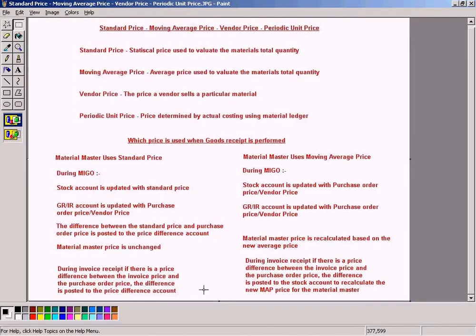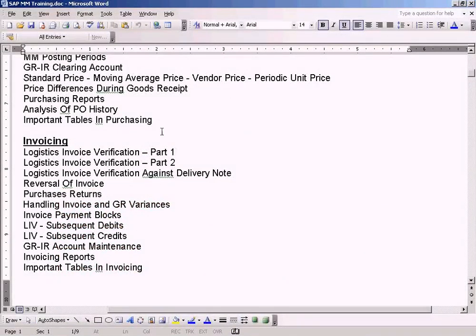Alright, this will happen only when the material master uses standard price. So I'm going to show that to you under this topic, handling invoice and GR variances. The two types of variances that can happen between invoice and good receipt. For example,